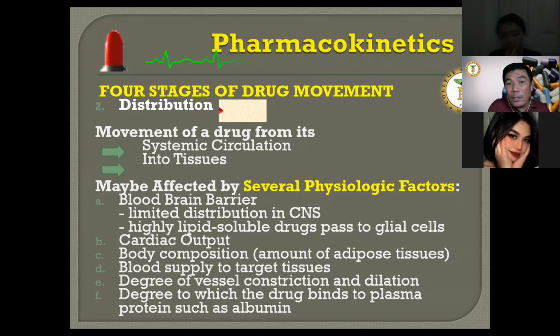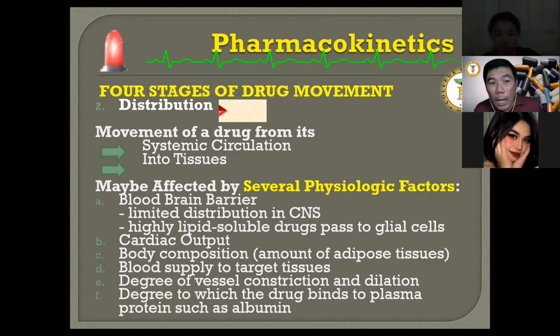So if the blood-brain barrier will be affected and the drug enters the brain, there is a possible chance that it may affect distribution of the drug. It may affect specifically the drug that is supposed to be circulated to the brain. So it may have an effect.